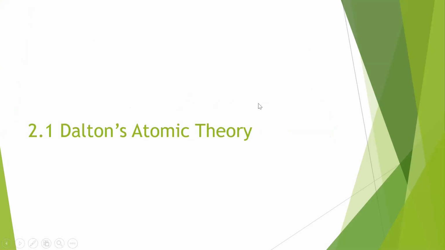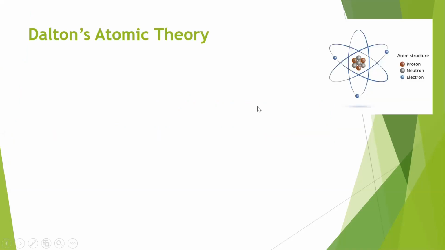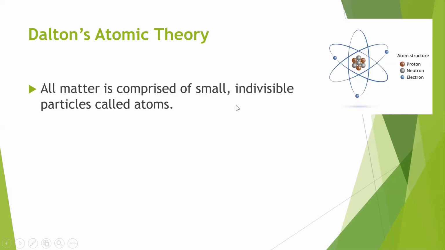So let's start out with Dalton's atomic theory. He has 4 postulates in his atomic theory. His first postulate is all matter is comprised of small indivisible particles called atoms. In chemistry, the smallest particle is called an atom. An atom has